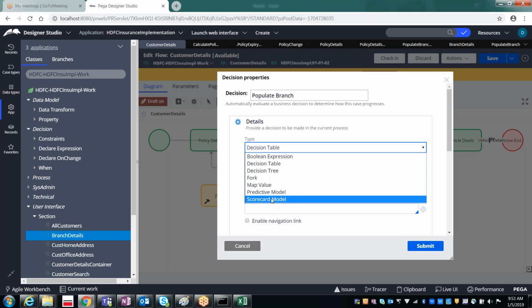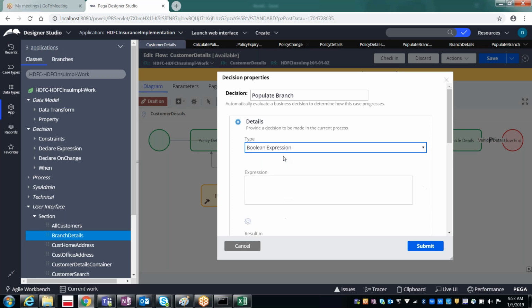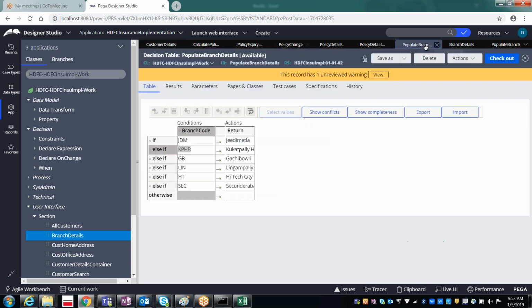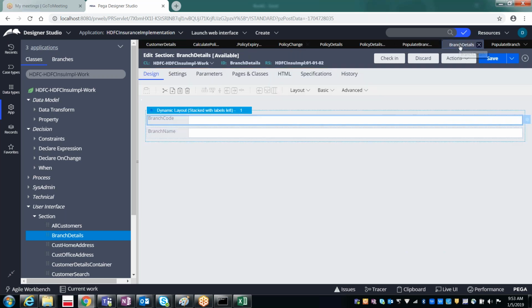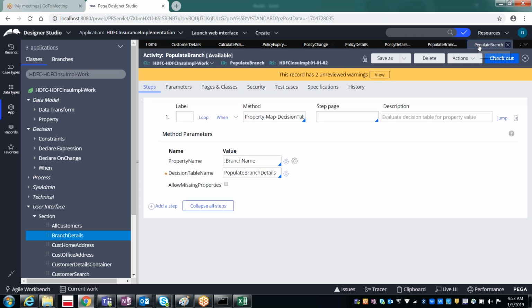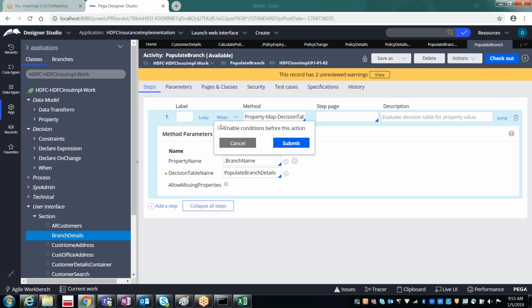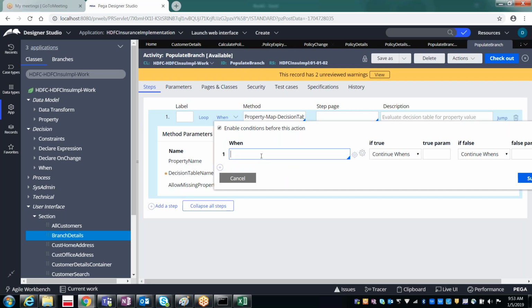Okay, so the very first thing is the Boolean expression. What do you mean by Boolean expression? Does anyone remember? Anybody remember Boolean expression? That's fair. So in the when rule, in the activity in the when rules, generally we used to give the condition. Either we can refer to the when rule, otherwise what exactly can we do? You want to apply the condition. Is it mandatory to have the when rule?